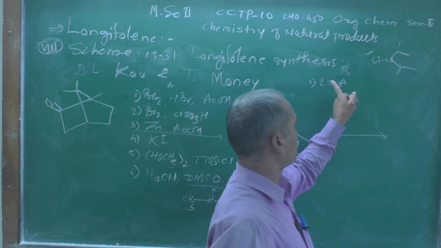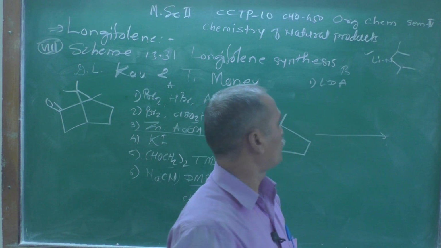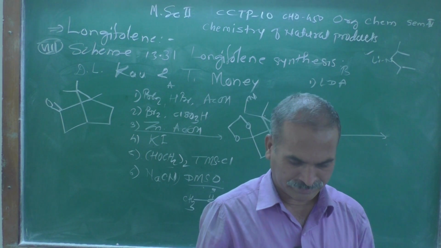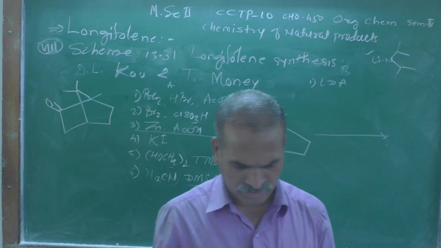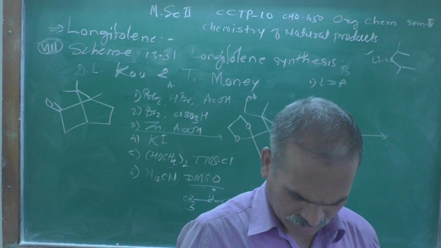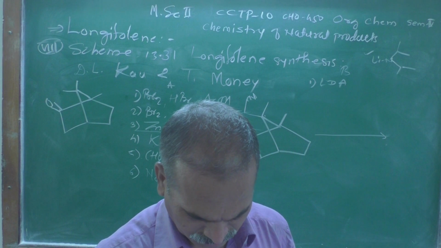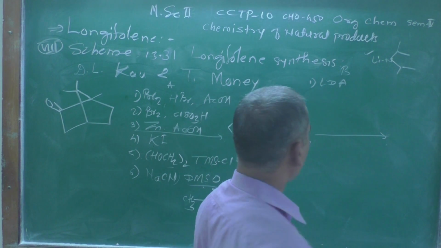L indicates lithium, D means there are the two isopropyl groups, and amide. Okay, this is the compound which we got. Then it will be further treated with Br